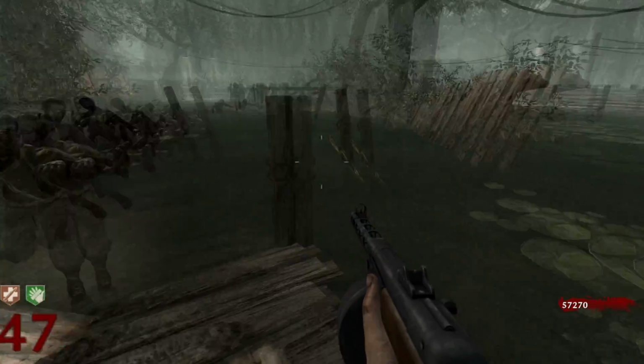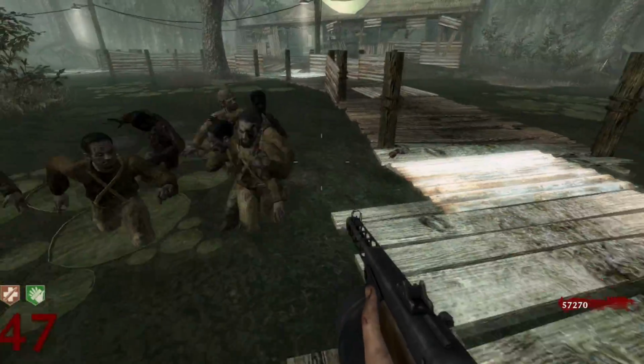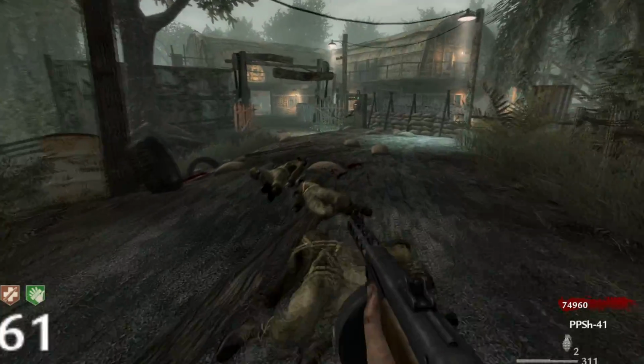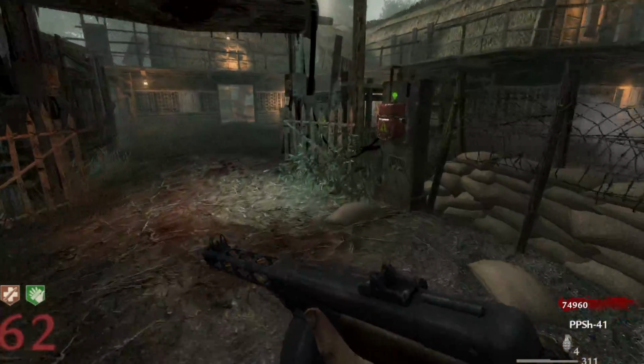I trained in the calm swamp area. I don't really know what to call it, but I trained there for the first 60 rounds, then camped in the flogger. Standing behind these sandbags will cause all zombies to spawn in this back area near the hut, so